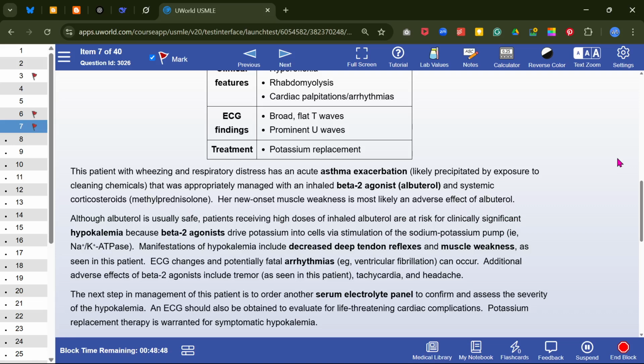A new onset symptom, muscle weakness, is most likely